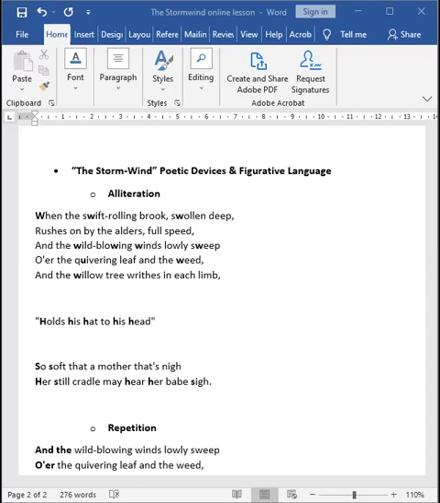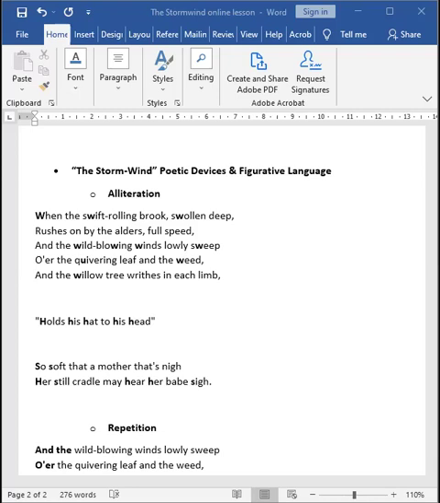So many of the same sounds appear in the final stanza. What are the same sounds which we are talking about? We're talking about the sibilance S, we're talking about the alliteration of the W, and then we're talking about the alliteration of H. But here, the effect of these sounds is different. Remember, the third stanza is completely opposite. It has been completely juxtaposed to the ideas which have been portrayed in the first two stanzas.